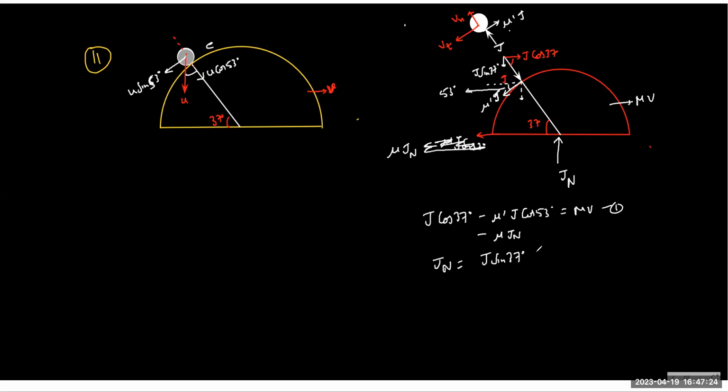Jn sin 37 plus mu dash J sin 53. And for the ball, mu sin 53 minus